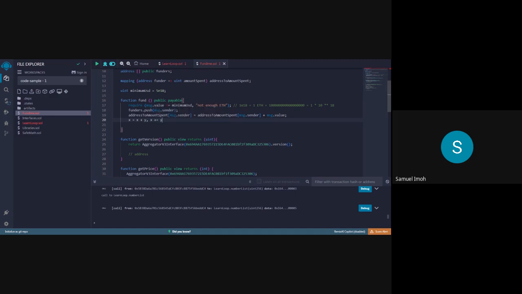So what do you see here in this line of code? Address to amount spent of message.sender is equal to address to amount spent of message.sender plus message.value. So that means this message.value is our y, then our address to amount spent of message.sender is our x. Yes, Abi? Good. So that means we can just remove this, the other. Yes, remove this guy